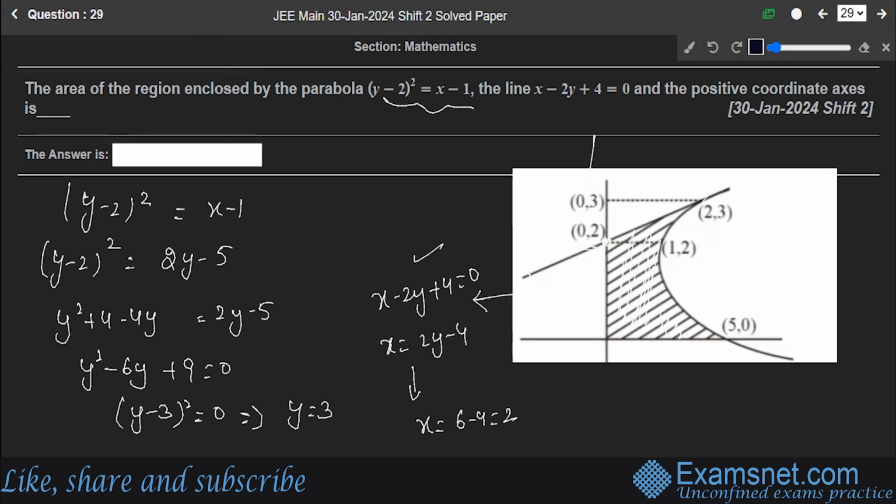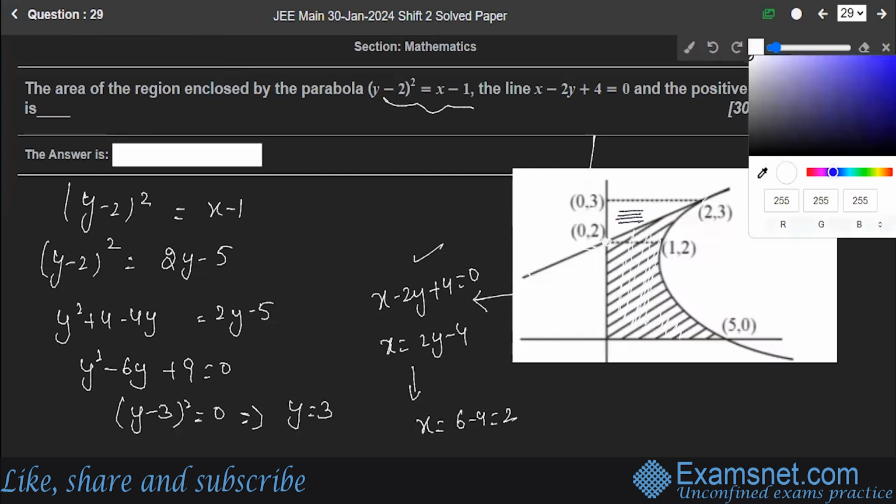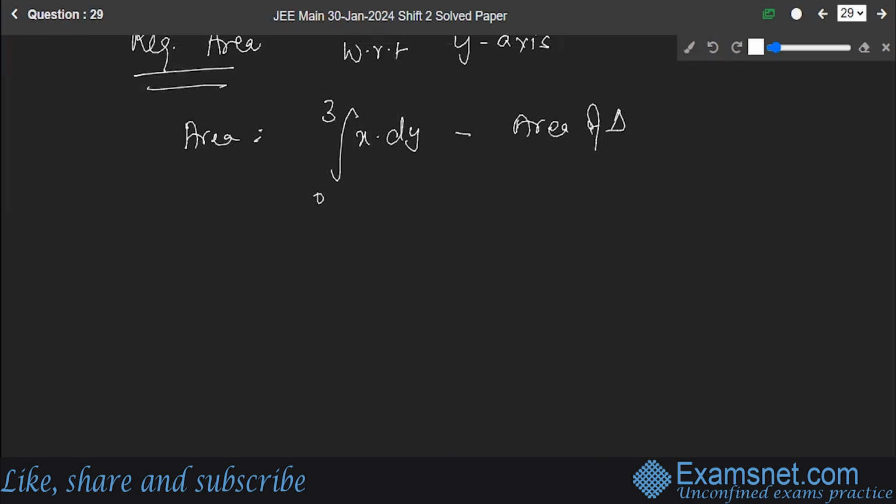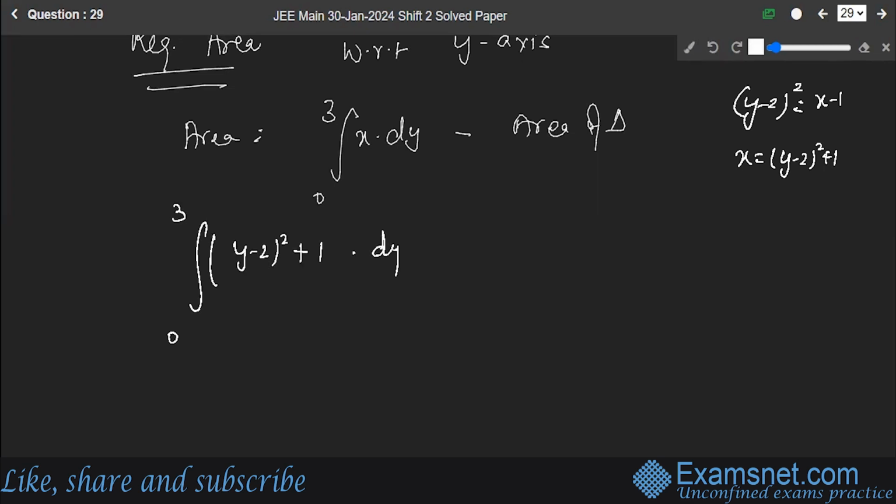Okay, so from this total area, which is undertaken by the parabola with respect to the y-axis, I'll be subtracting this particular area. Hope you're clear with this. Let's do this. Now x is given by the equation of the parabola: (y minus 2) whole square is equal to x minus 1. So x is equal to (y minus 2) whole square plus 1. This will give me the integral from 0 to 3 of (y minus 2) whole square plus 1 into dy